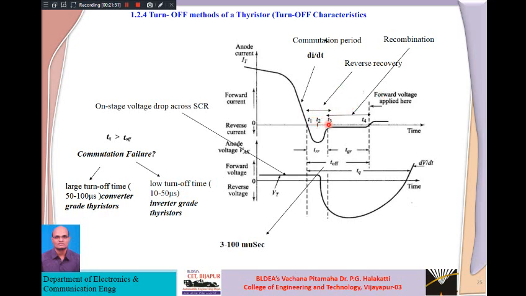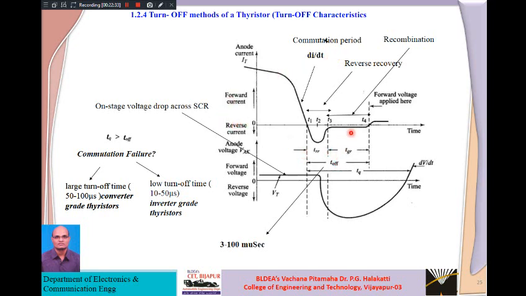Recombination period T2 to T3 is concerned with settling of minority carriers, allowing them to recombine and cancel each other, and thereby we are trying to initiate the blocking of forward voltage. Now your blocking of forward voltage has been initiated, and it has decreased to some extent from T2 to T3. Now at time T3, if you apply forward voltage here, at this dotted line, then what will happen? Again immediately it will turn on, which means your commutation will fail.